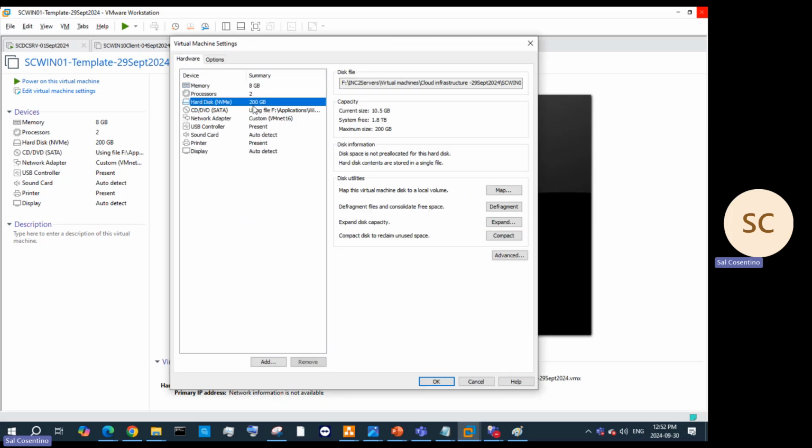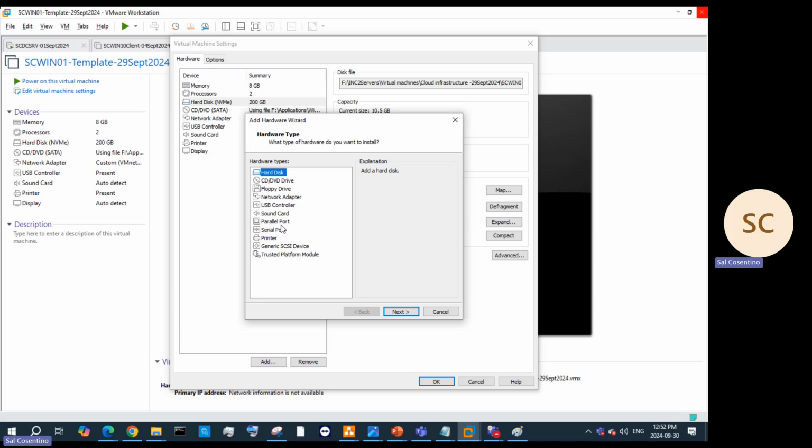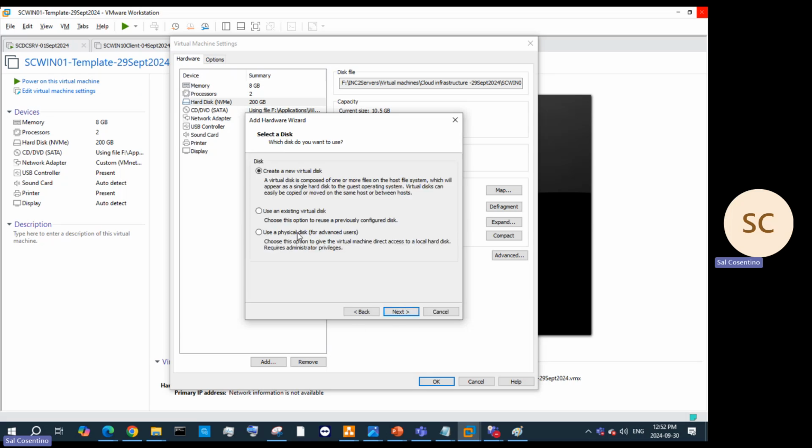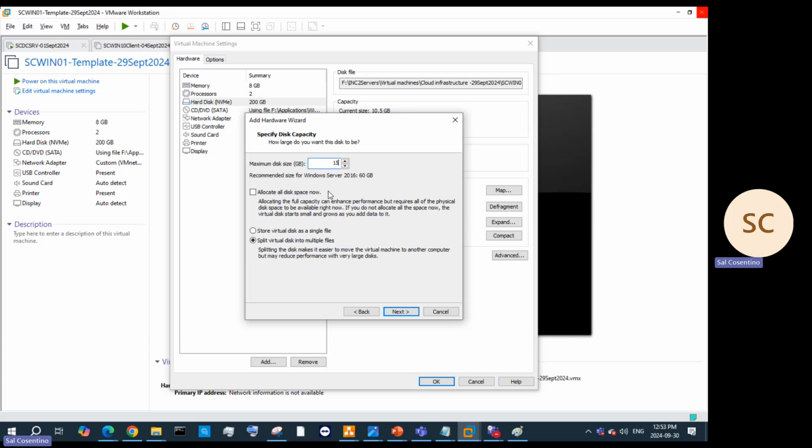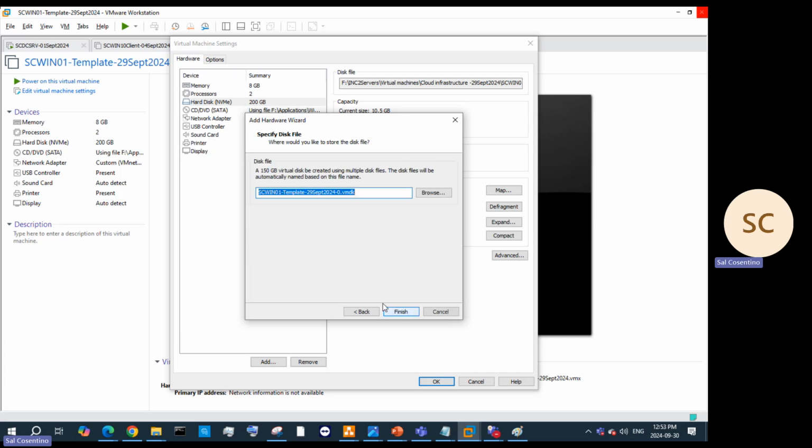Okay, and I'm going to add hard disk. It's going to be new virtual disk. It's going to be 150 split. We talked about this already. It's going to be our server, right? Template. It's got 2016 installed, and then finish,